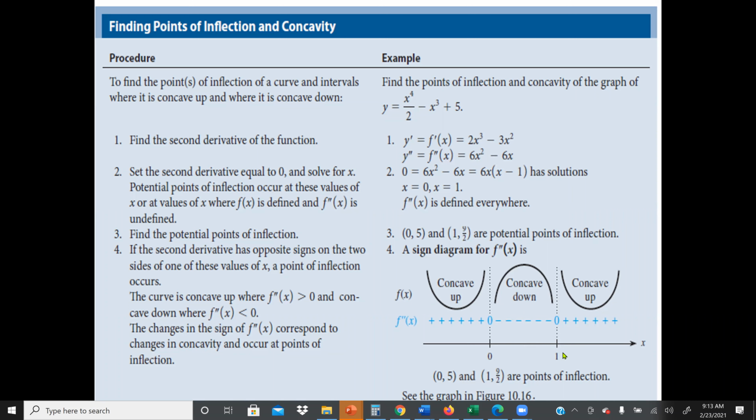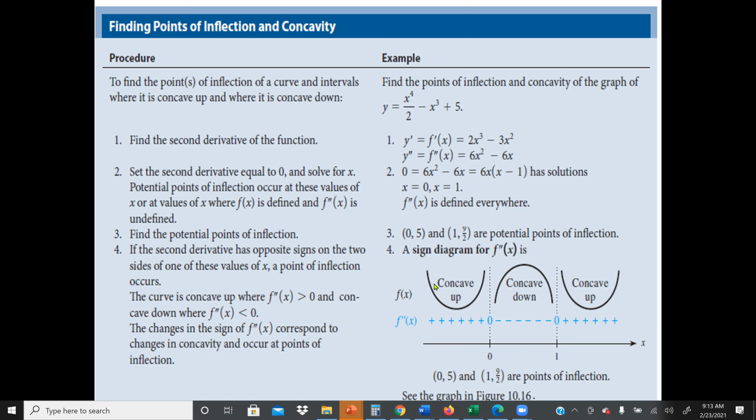Then for the last section, I'm going to use 2. Or you can use any value, 99, 1000. But I always try to use the closest minimum value so you can do the calculation quickly. So if I use 2, 2 squared is 4, 4 times 6 is 24, minus 12. So this will give me positive 12. So I have positive. This means both points here are points of inflection, because